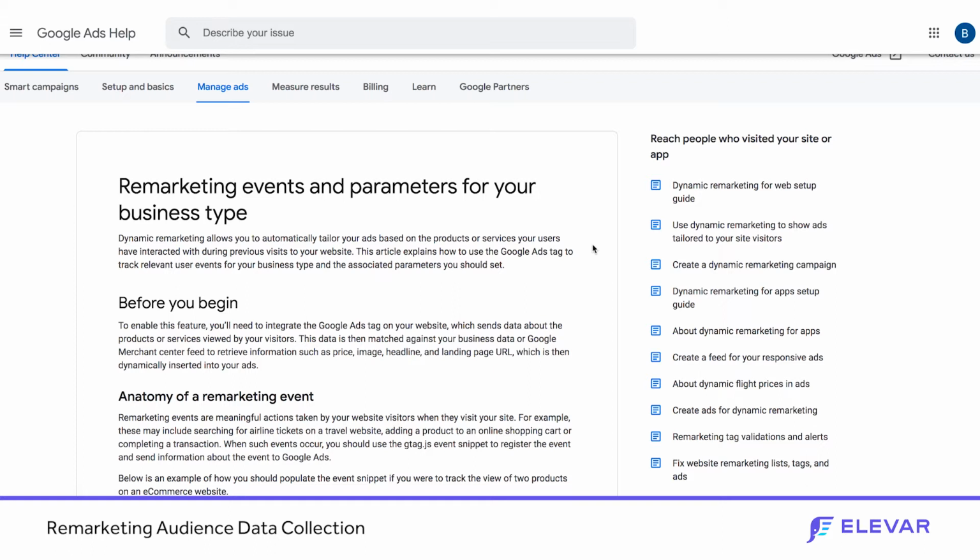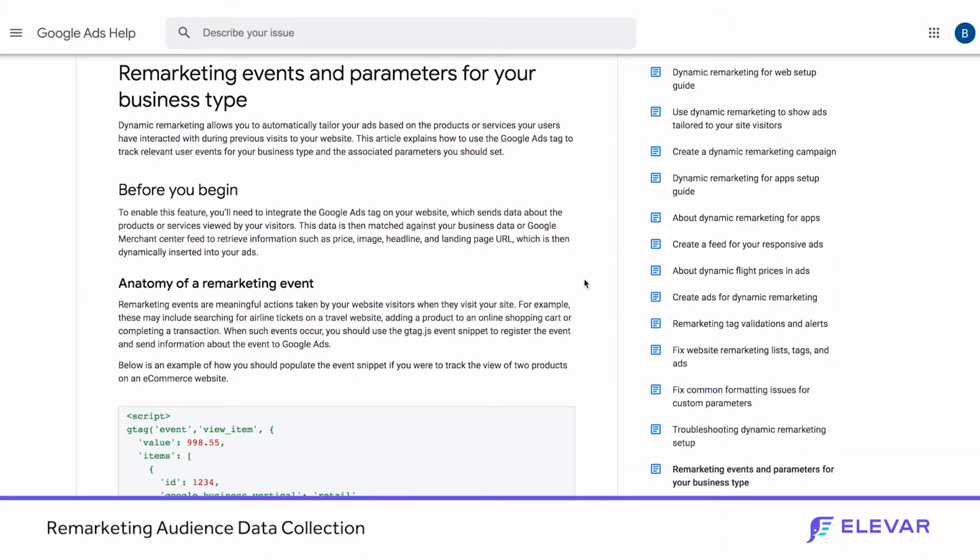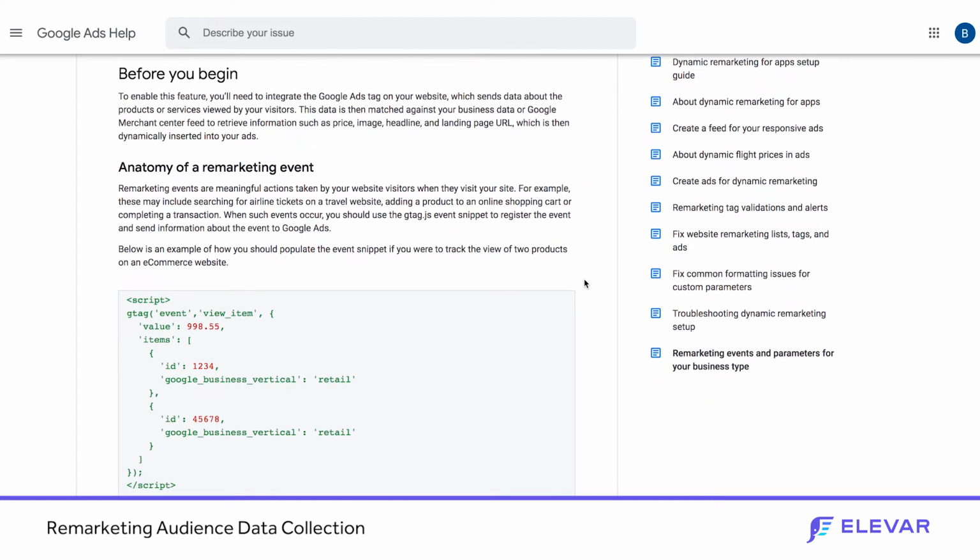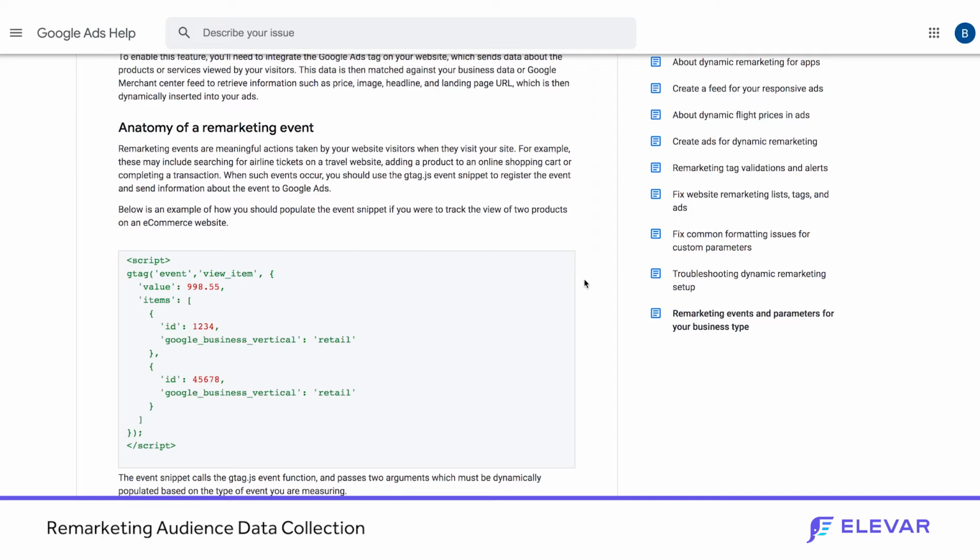First, let's look at just a general overview on remarketing event requirements from AdWords. You're going to see some of this as I start to dive into the specific tags inside of Google Tag Manager. And you can fall back on this because there has been a little bit of a change over the last year or so on the nomenclature that AdWords is looking for when we're sending data with our remarketing tag,